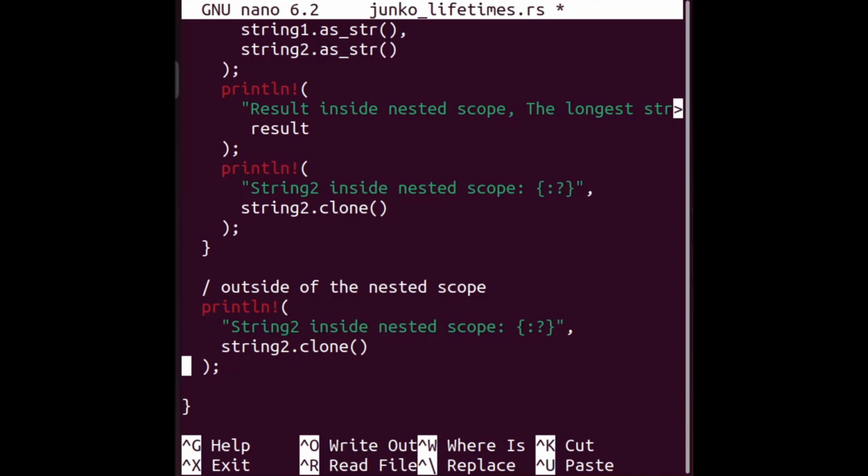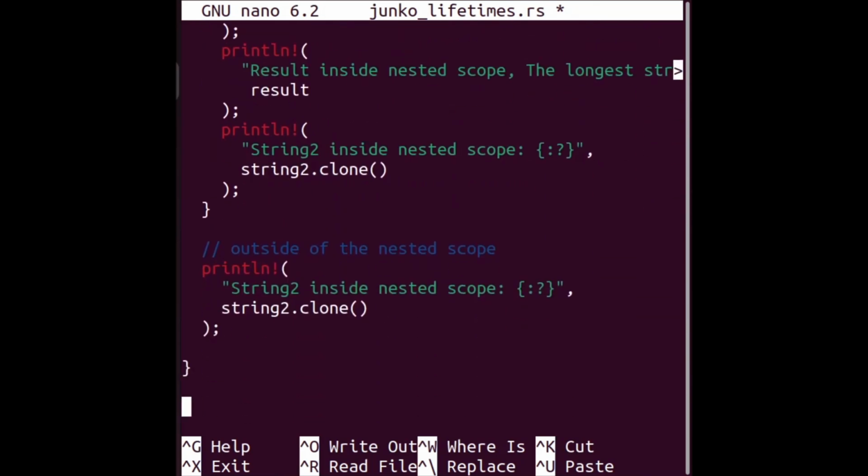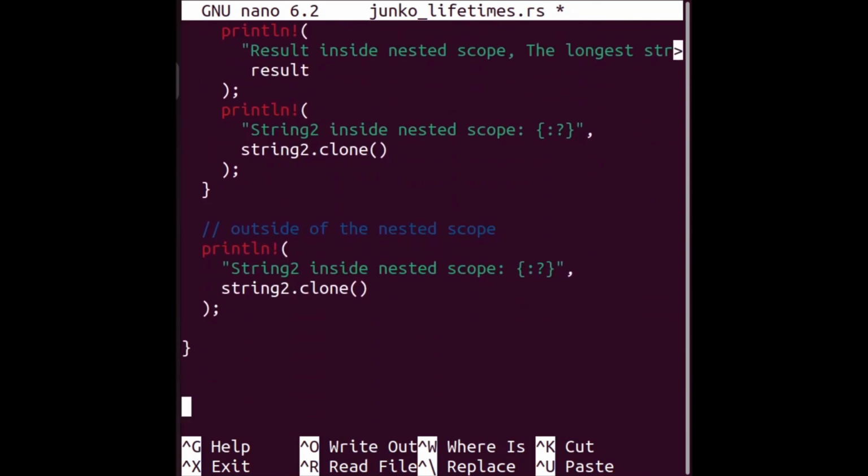And we got the string 2. Close the comment. So here we have defined string 2 inside the nested scope. And we are trying to print it